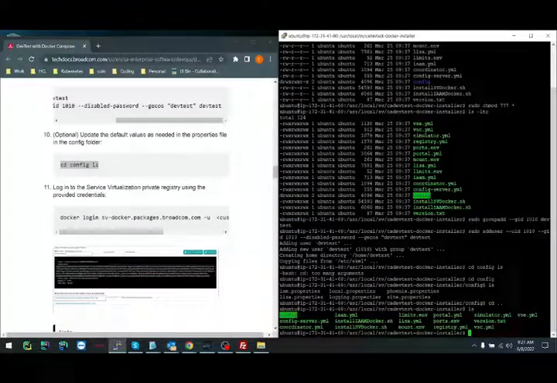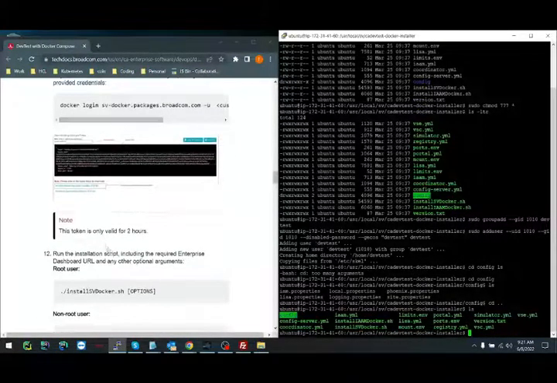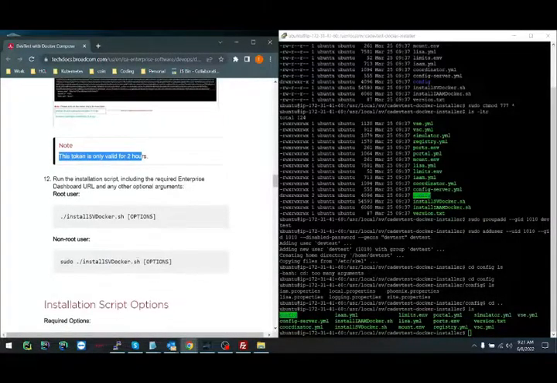Log into the virtual service registry to create your credentials. We did that. Yeah, it says the token is valid for 2 hours. So here's where it gets pretty interesting. So run the install script. So I had problems with this. If you look at the script,